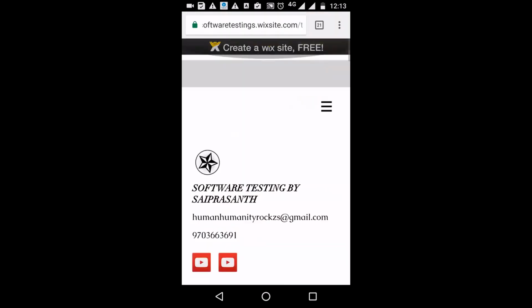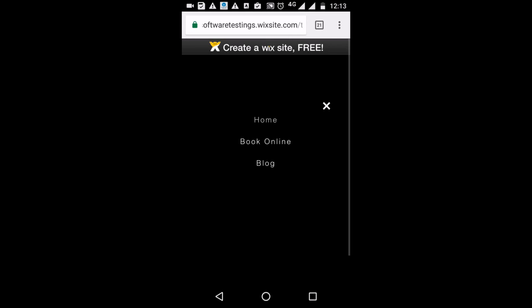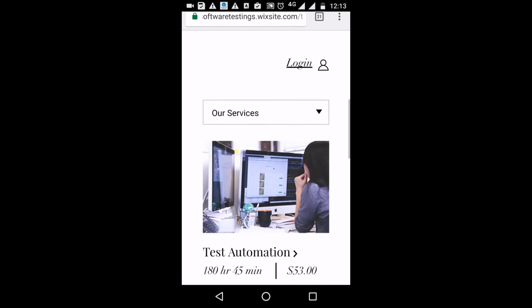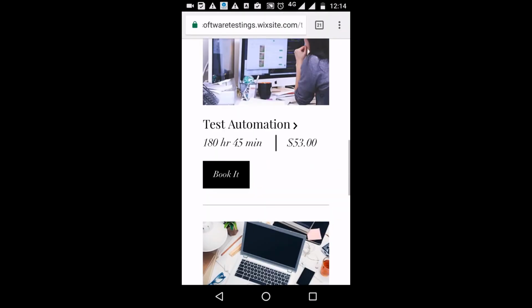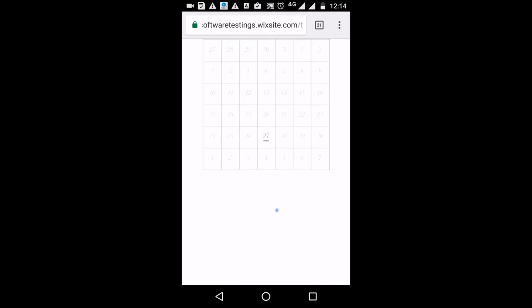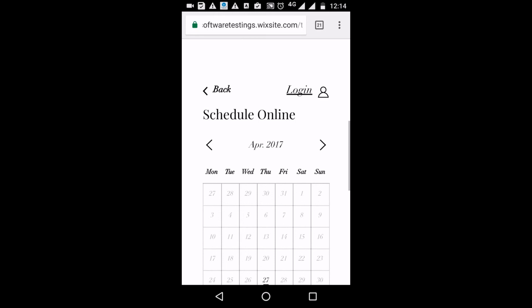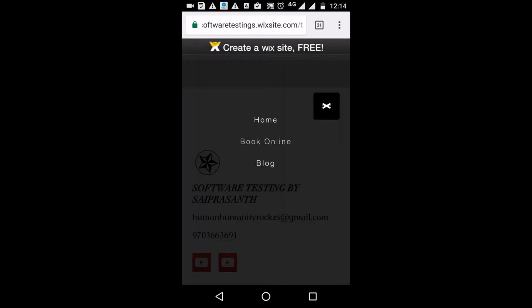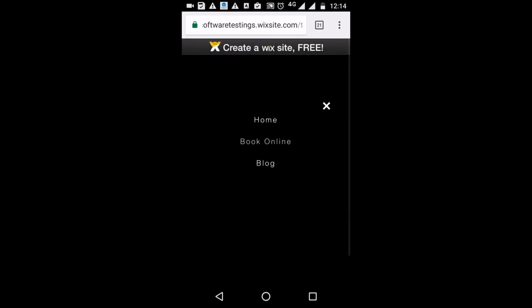From the booking a slot module to page 2, we came back to the home page. Again, book online, the page is changed, online booking, book it. You went to this module, and from this module, to come back to the home module, they provided another shortcut navigation option. Click home, you go to the home. This is about short navigation.